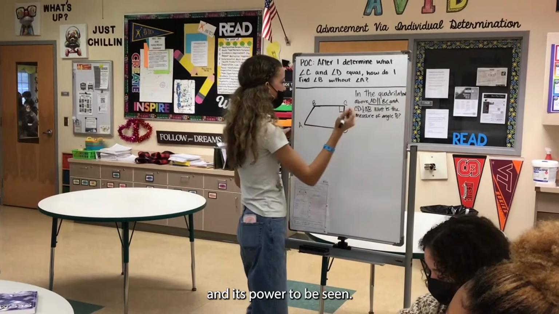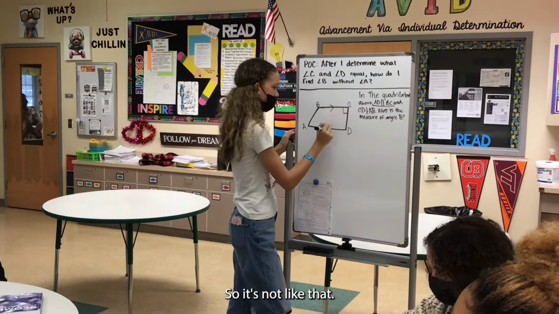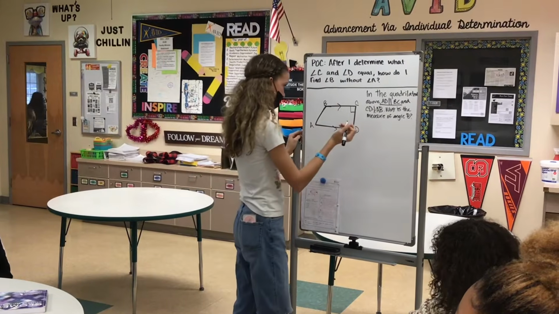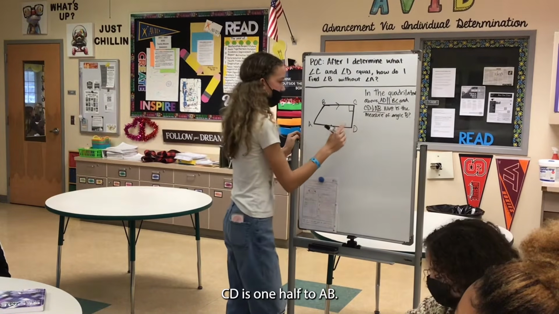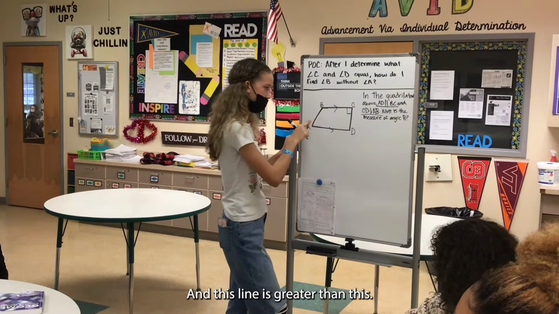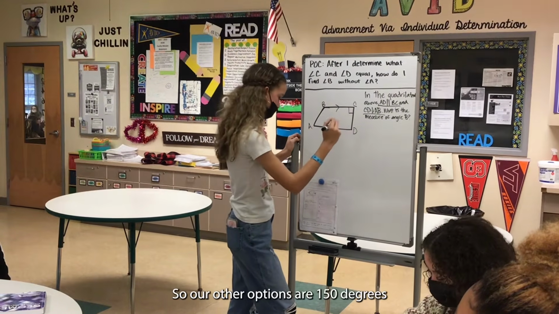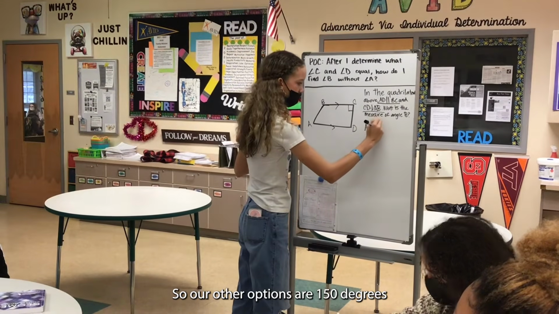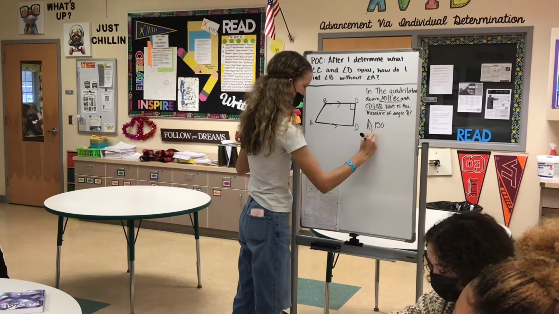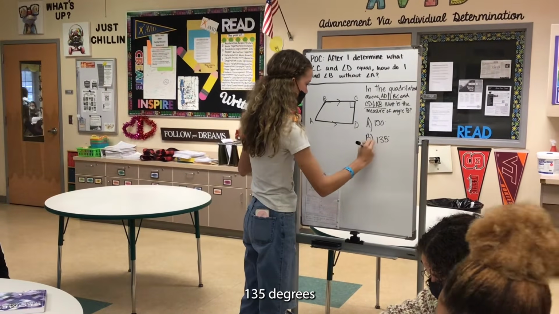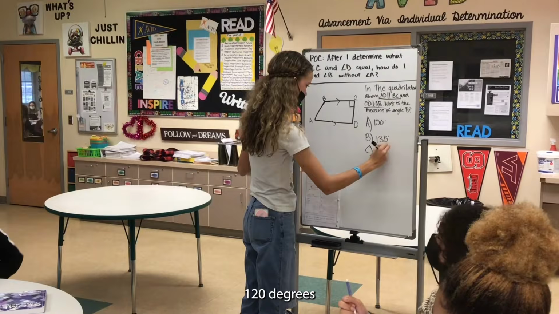AD is parallel to BC, so we're just going to mark that with these handy dandy marks. And CD is 1/2 of AB, so this is 1/2 of this. So this line is greater than this. So our options are 150 degrees, 135 degrees, 120 degrees,